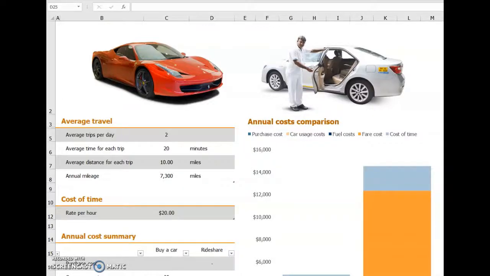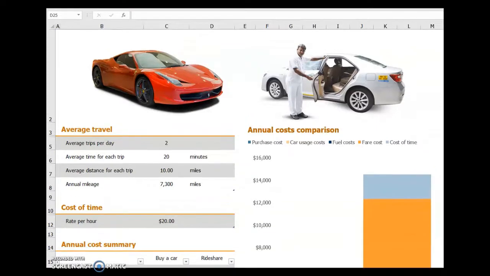We're now going to walk through an activity that calculates the true or total cost of ownership of purchasing a car, compared with the total cost of ownership, even though you're not actually purchasing, of rideshare. We're going to walk through both scenarios and see what kind of comparison